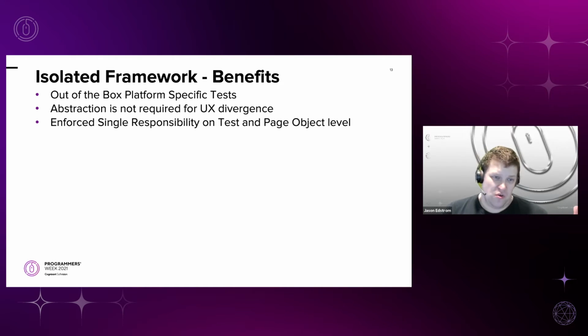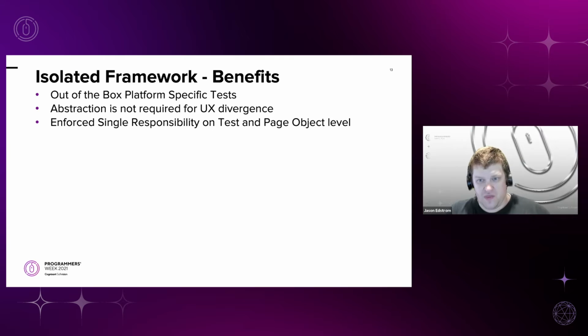And then also enforce single responsibility on the test and page object level. That can happen because each test, each page object model is specifically referencing their platform, their device type, and it is a situation that it has to be manually enforced. There isn't really anything from the programming stack that is enforcing it aside from outside tools.